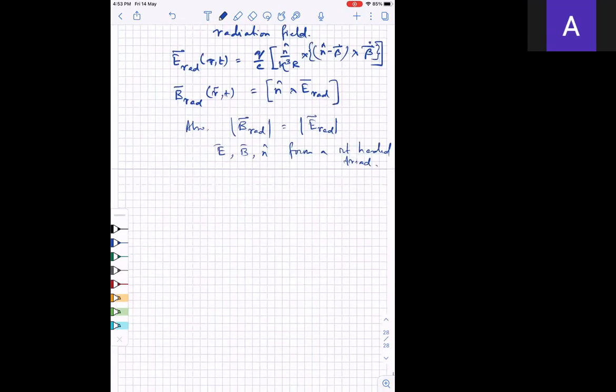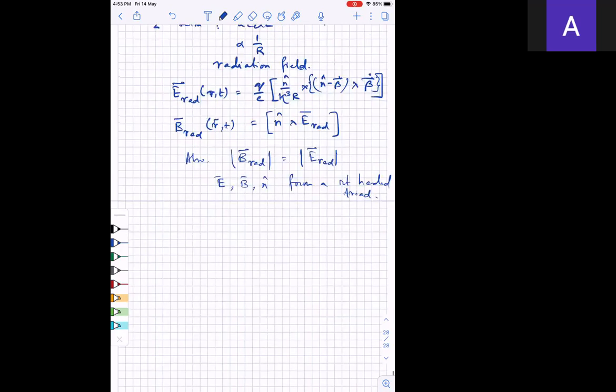Okay. So this is what your radiation field due to a one single moving charge looks like. This is one single moving charge, just one charge. So what we have found, again, a couple of things. One is that it goes as 1 by r. The second thing is